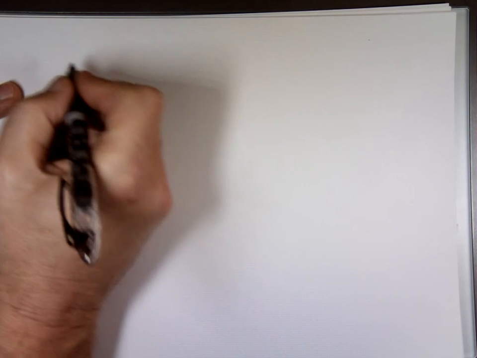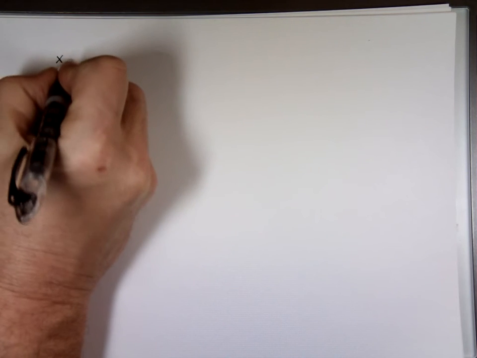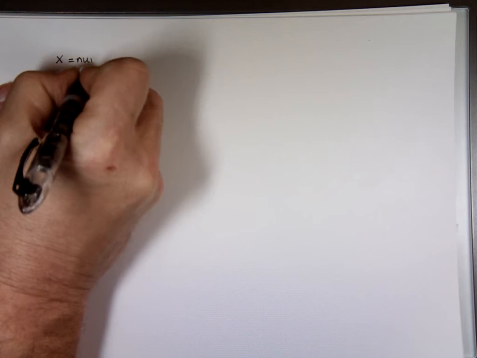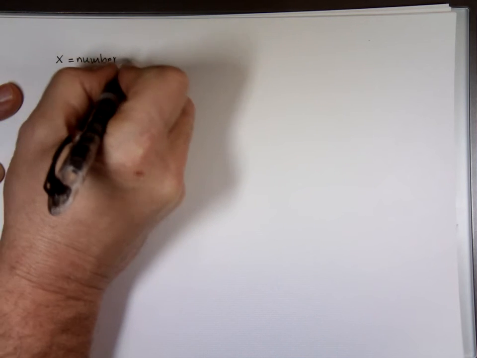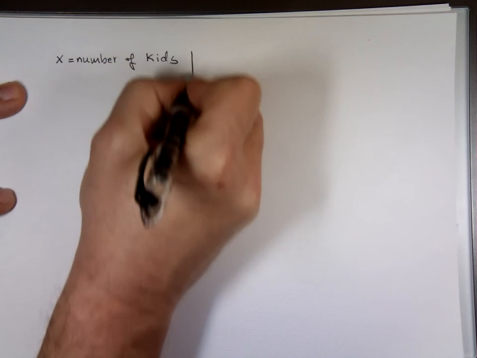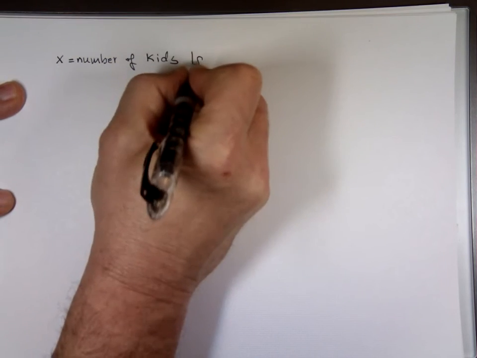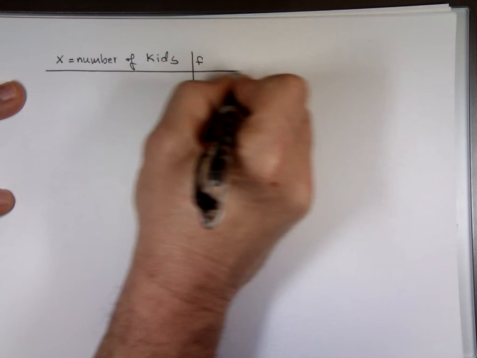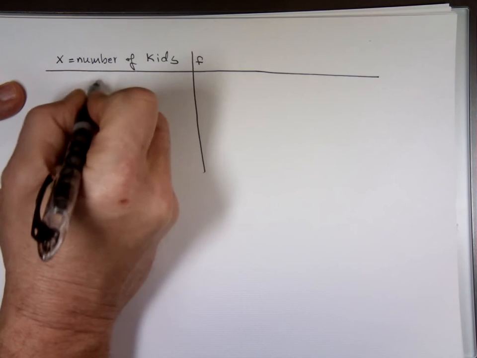We asked families, how many kids do you have? So X represents the number of kids, and this is the frequency. We have some people who said to us, I have 0 kids. In a case like this, we know probably,